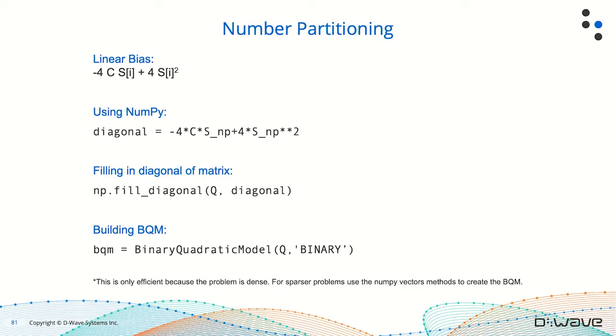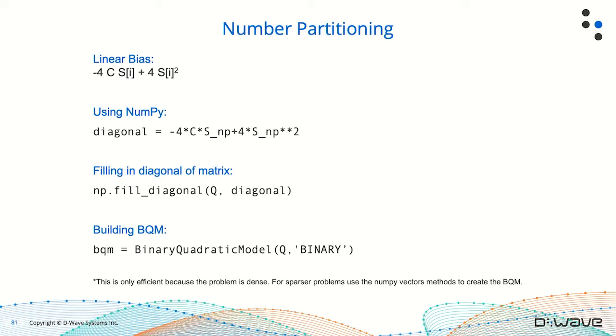And I'm going to use this to build a binary quadratic model. I'm just going to say BinaryQuadraticModel, give it my NumPy matrix that I've built called Q, and say I'm going to use binary variables. Now, one thing that I want to be really careful to mention here is that there are a couple different ways to build your binary quadratic model from NumPy structures. Now, I'm going ahead and doing it this way because it's the first example. I want to do it the simplest way, but also it's a very dense matrix. So every entry in my matrix on the diagonal and above is filled in. So what that means is that I have a dense problem.